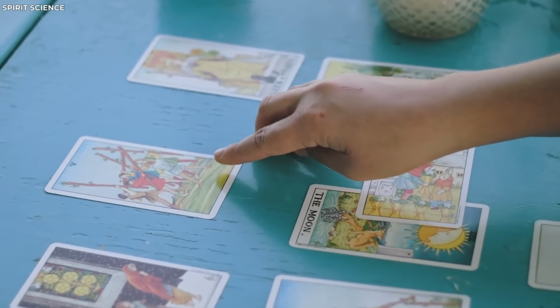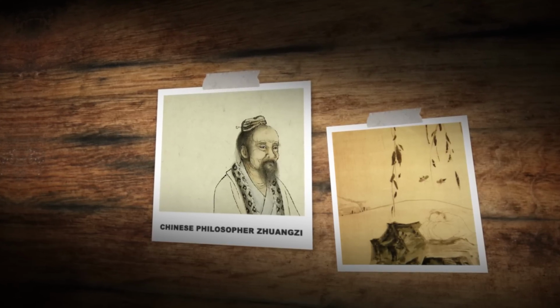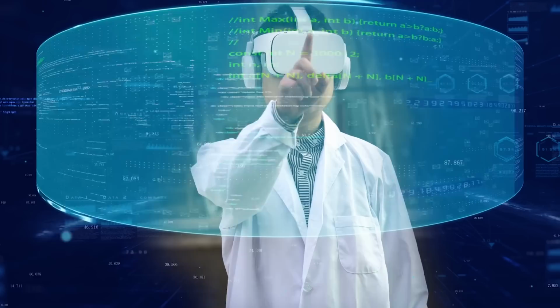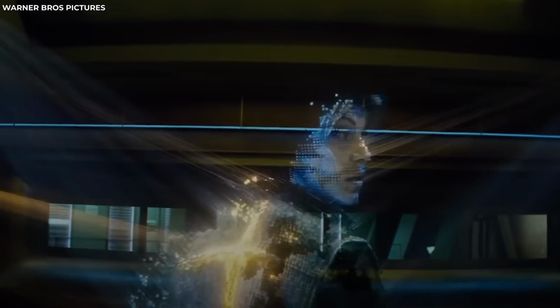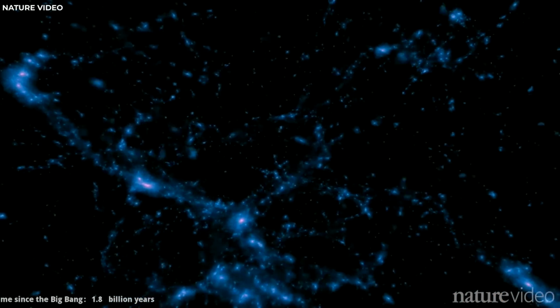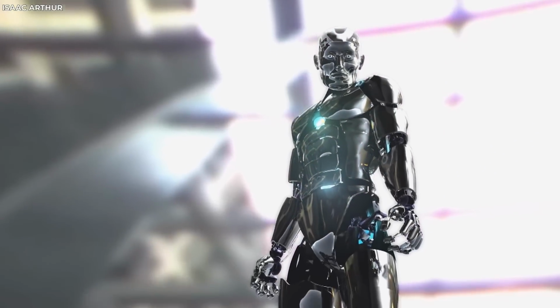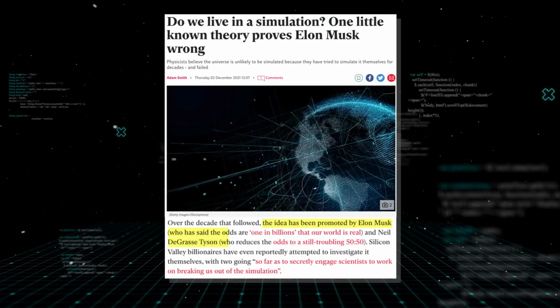The concept and dread that reality is not what it appears to be can be traced back thousands of years to the Chinese philosopher Zhuangzi's butterfly dream. Philosopher Nick Bostrom made the prospect seem inevitable in 2003. He contended that future civilizations could have access to massive quantities of computing power, allowing them to run an almost unlimited number of simulations. If that is the case, the possibility of us existing in one of the billions of historical simulations appears to be almost certain, or else post-human society will have no motivation to simulate histories or will never achieve technological competence. In the decades since, the theory has been advanced by Elon Musk and Neil deGrasse Tyson.